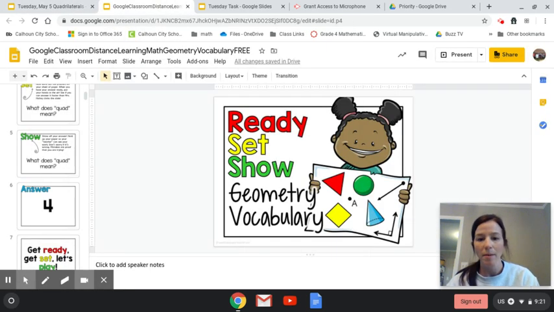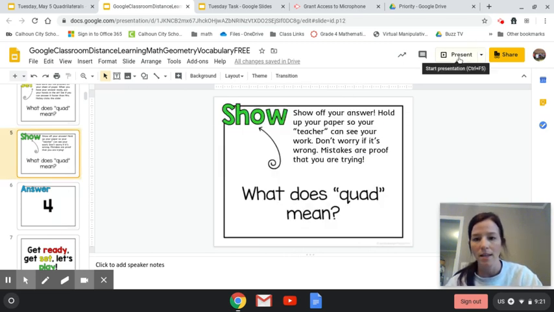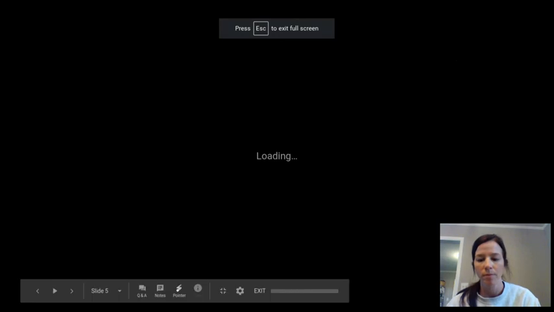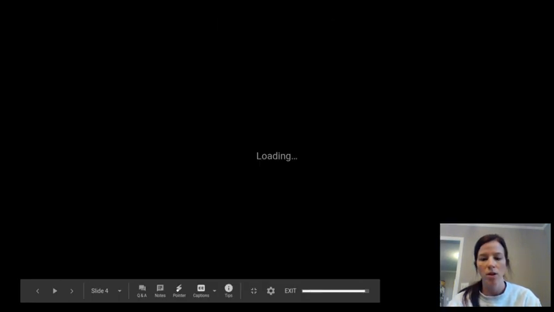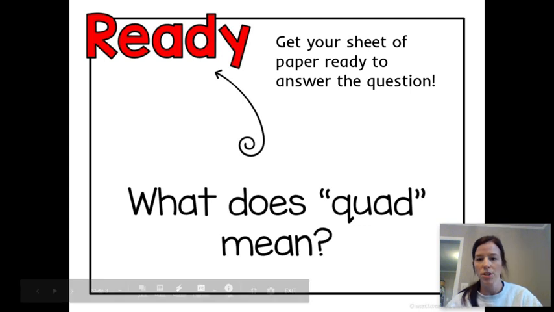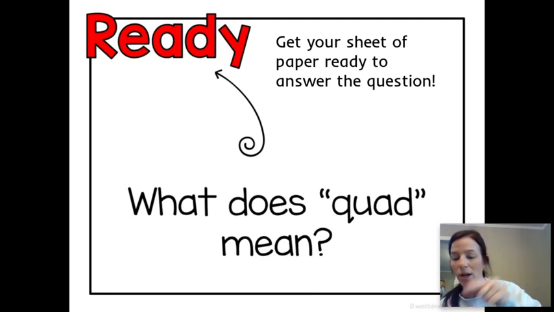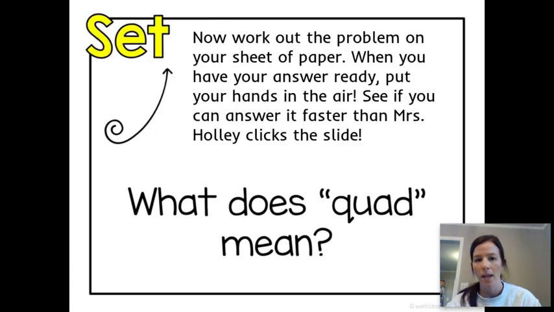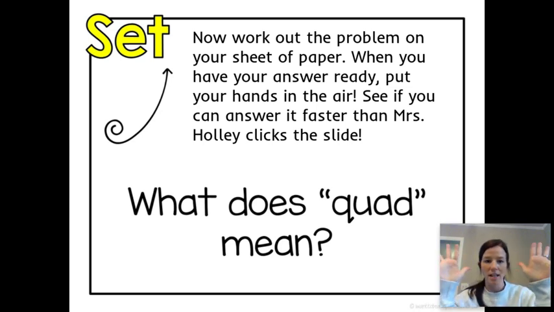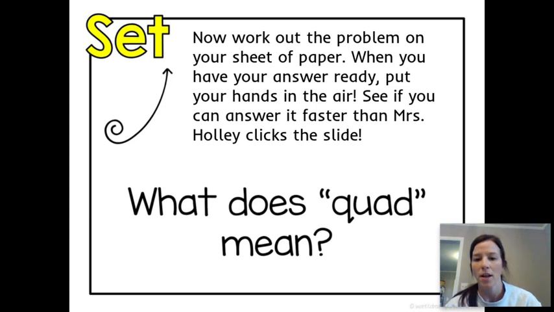So the game is called Ready, Set, Show. Now what's going to happen is you are going to get a sheet of paper ready. And the question's going to be on the board. So it says, what does quad mean? Now work out the problem on your sheet of paper. You're going to write it down or whatever you'd like. And you could put your hands in the air when I say, are you ready? Anything like that. So if you can answer it the fastest, or if you can answer it faster than me,